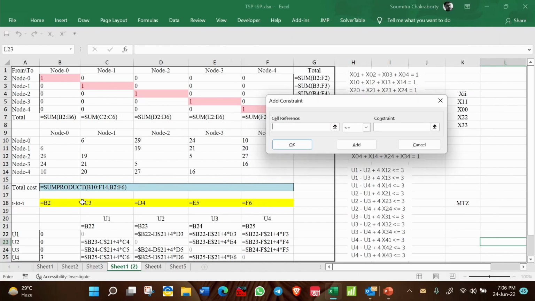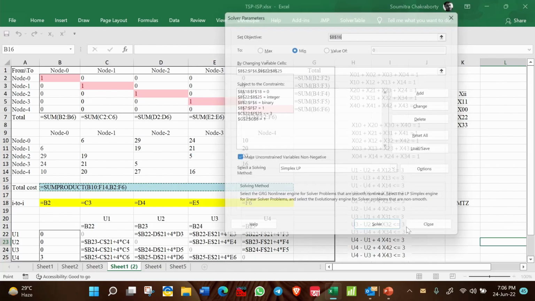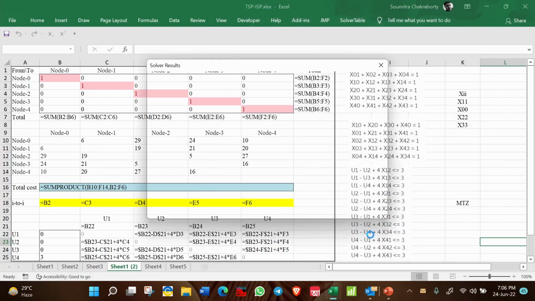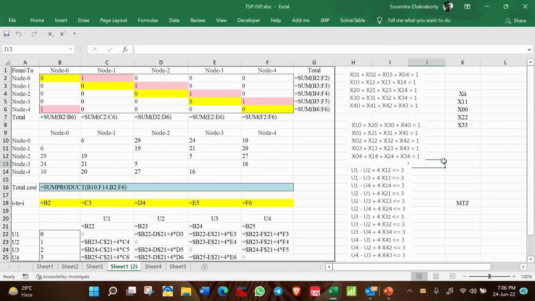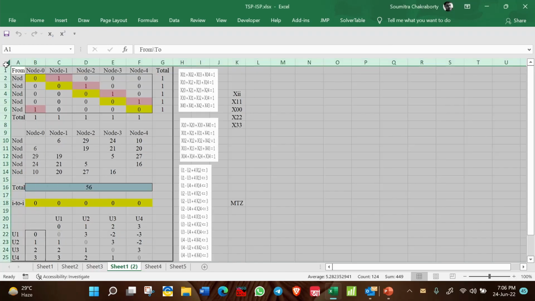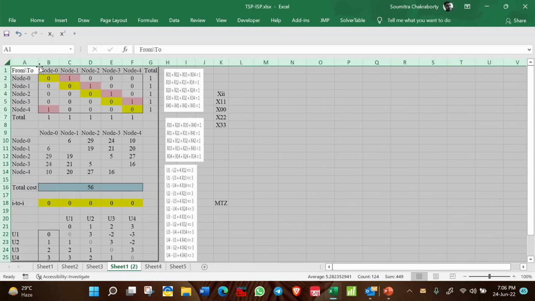You see I have taken these 5 cells here, so I will explicitly define them equal to 0 and add it there, and then solve it again. Now this is the final solution of this problem. So what is the solution? You just follow